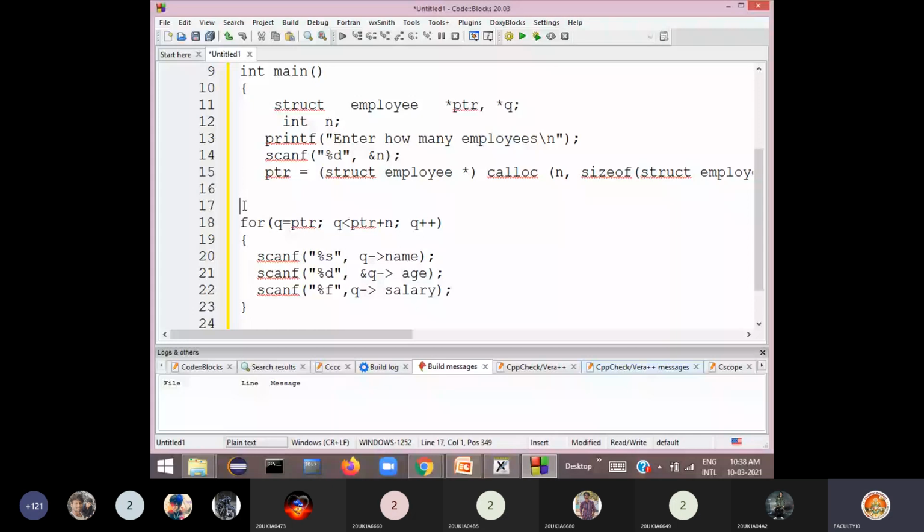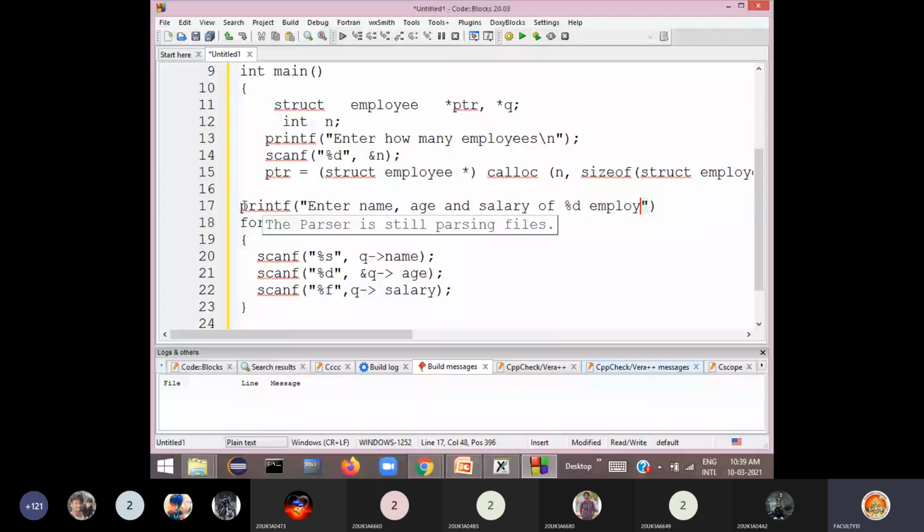Now you can give a message: enter name, age and salary of n employees, because based on the number of employees, if you enter 5 employees' data, or if you enter 10 employees' data, it should accept that. That's why you have to use the n value here dynamically. You cannot directly say it here. So you clearly specify the order: name, age, salary of